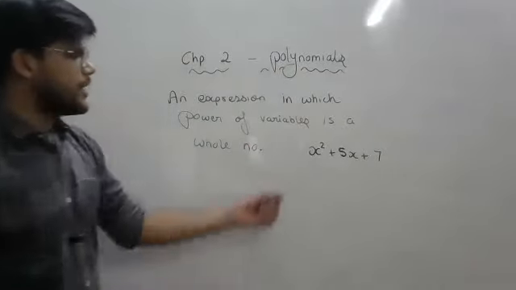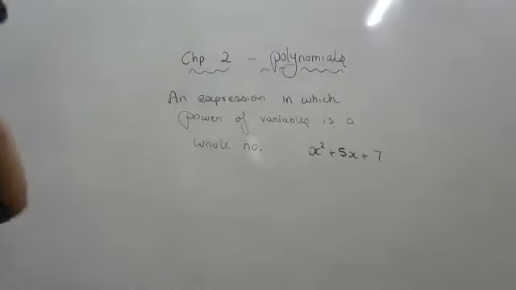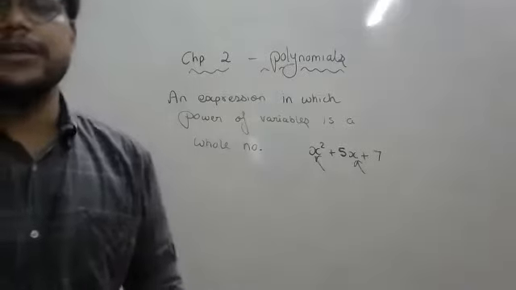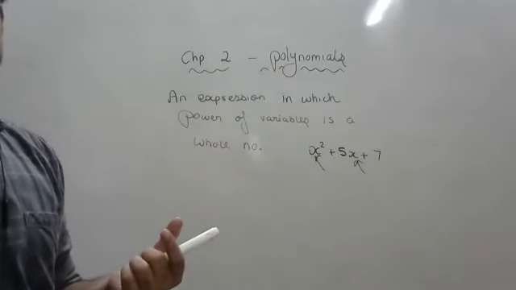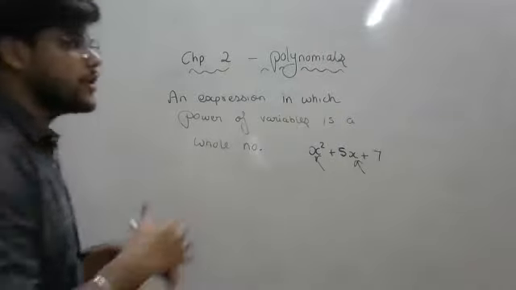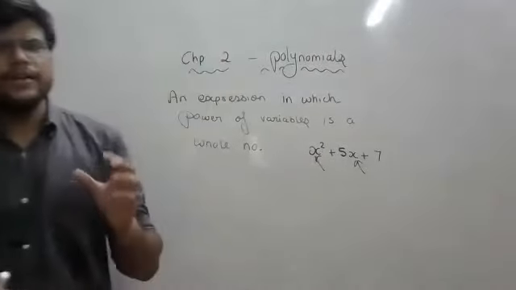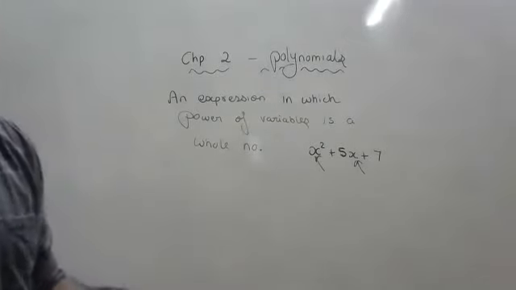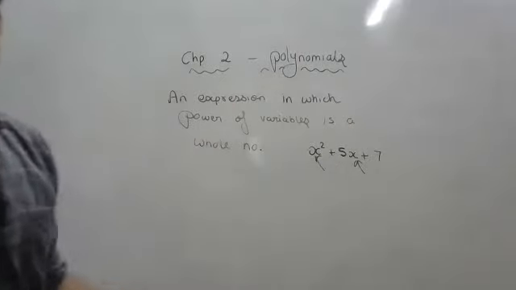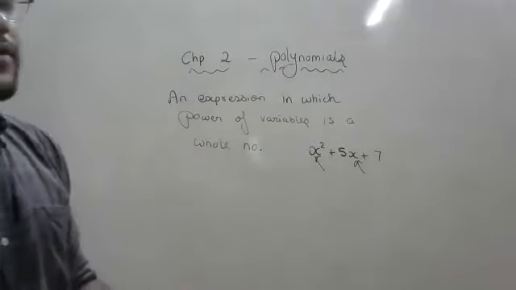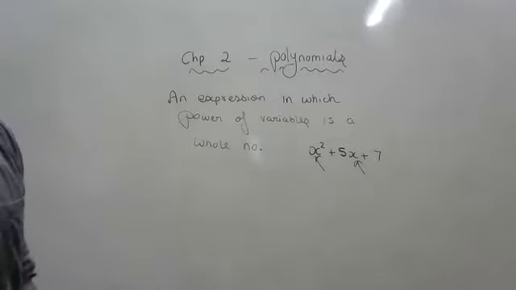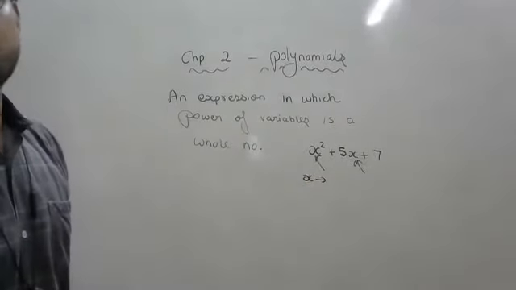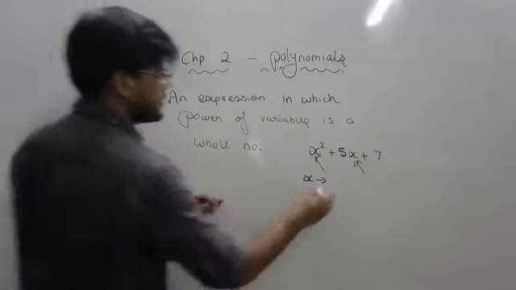So coming to the main point, when I write these terms, there are few variables. What do you mean by variables? Those terms or those alphabets, I would say, whose value is not fixed. Value of x is whatever value x will be having, that depends on that particular question. If I write 5, in all the questions, value of 5 will not change. So here, x is a variable.